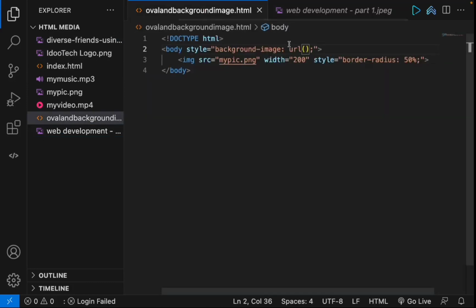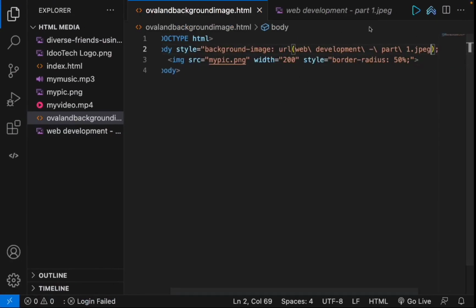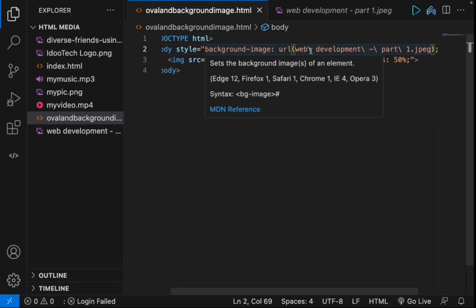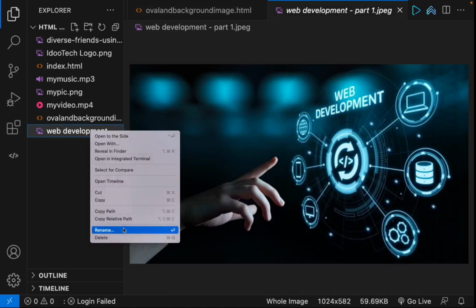So you have to type the name here, web development. Now this thing would always predict what you want to type. The reason it is putting this whole backward slash is because there's a kind of spacing in the name. So I can just rename this to background